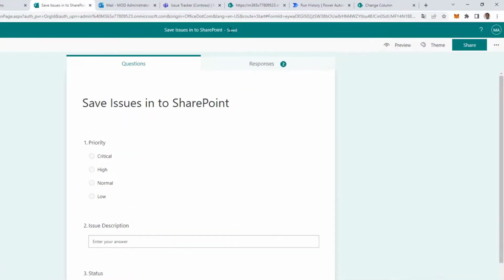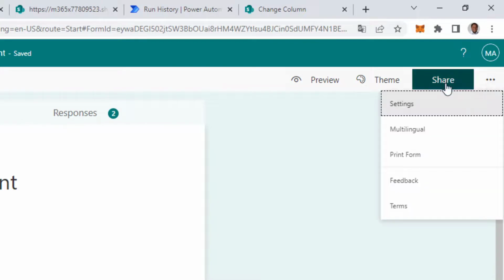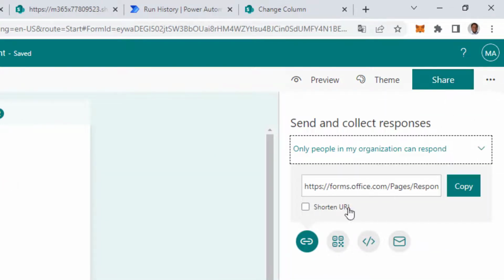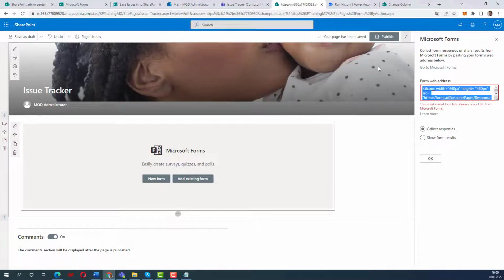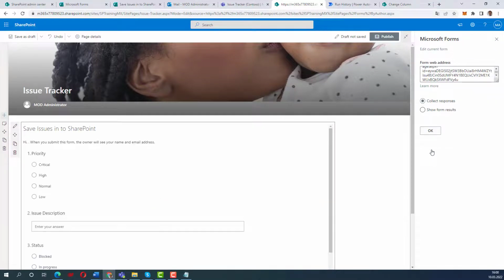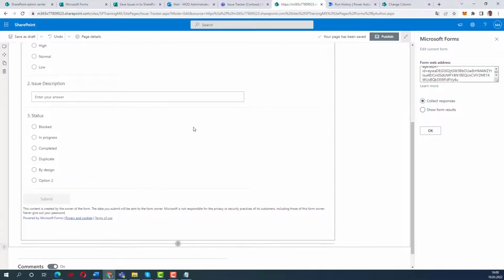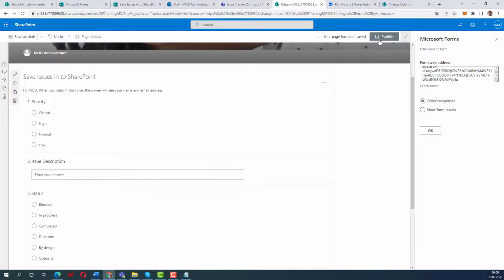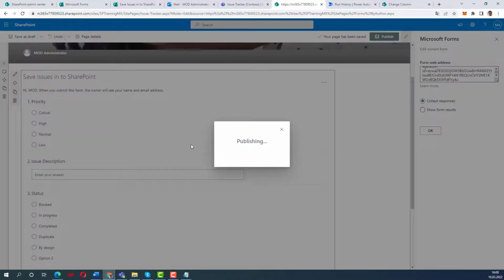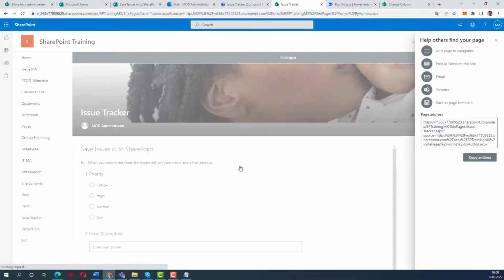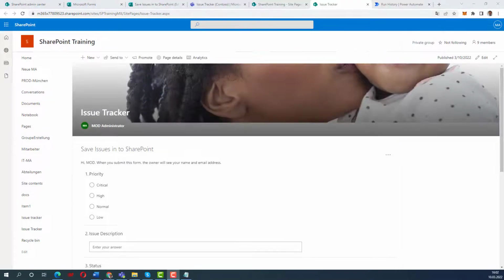And now for this form that is saved, I want to share it. I click here on Share, and I can just copy the URL here. Put the URL here and collect. If I say OK, now my form will be rendered here into a SharePoint site, a SharePoint page. And that is all. When I select publish this page now here, see, I get